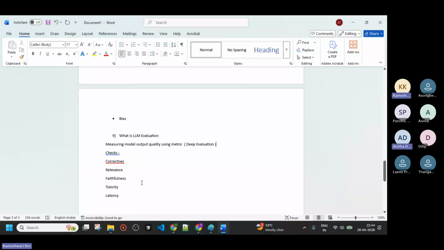Can you explain a little bit what deep evaluation is? Is it the framework that we use for this? We have used deep evaluation as a framework. A framework in what sense, like we use in automation testing? No. Before going to the RAG, we will do the deep evaluation framework. Let me tell you, one minute.